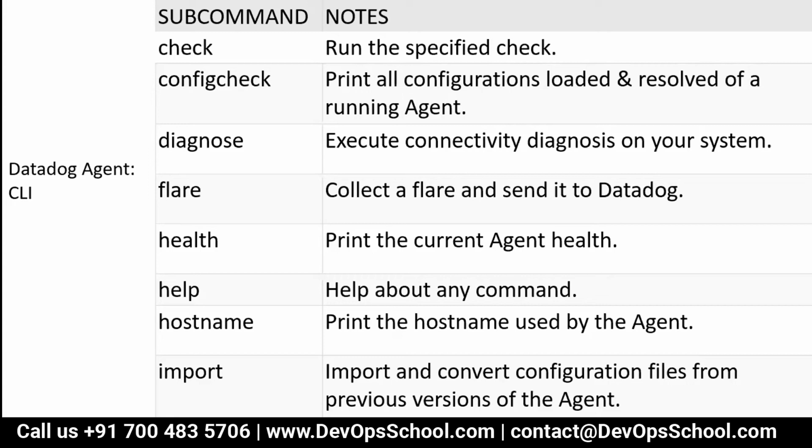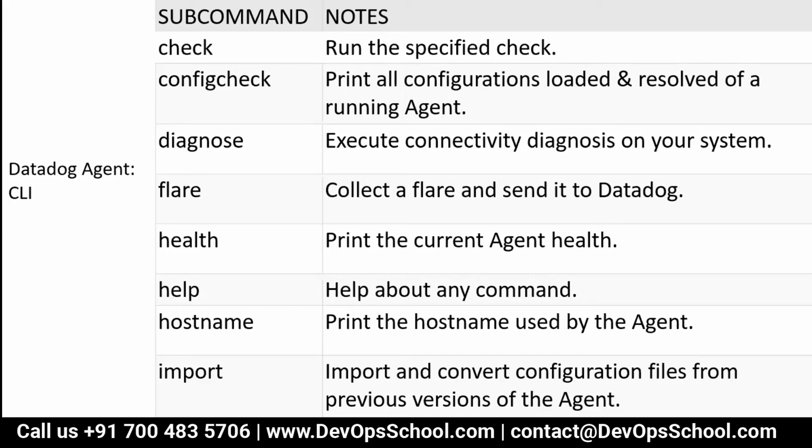If you want to diagnose, you have to use datadog agent diagnose, which executes connectivity diagnosis in your system. If you want to collect the flare, a small request with metrics sent to Datadog, use the flare command.